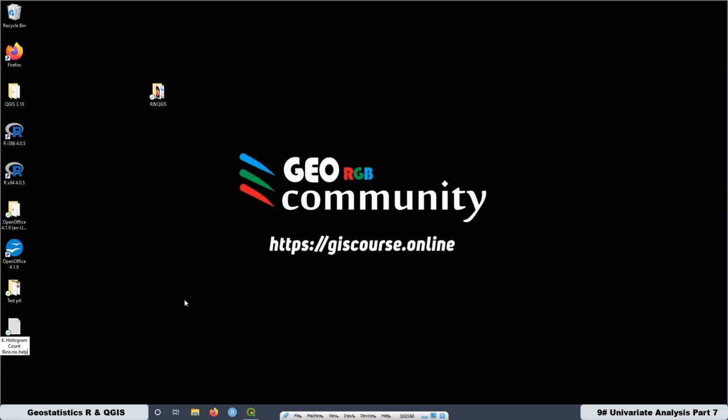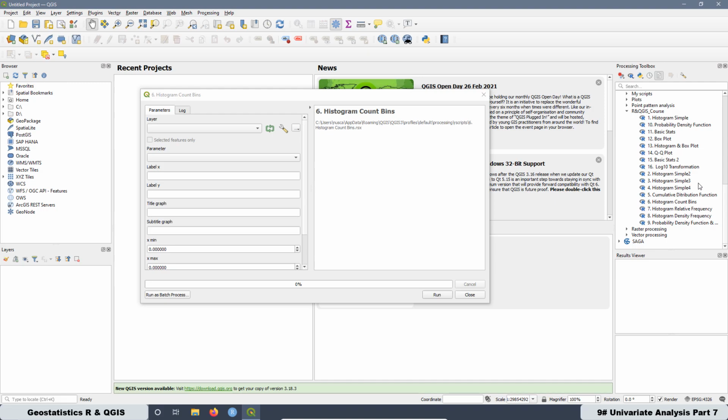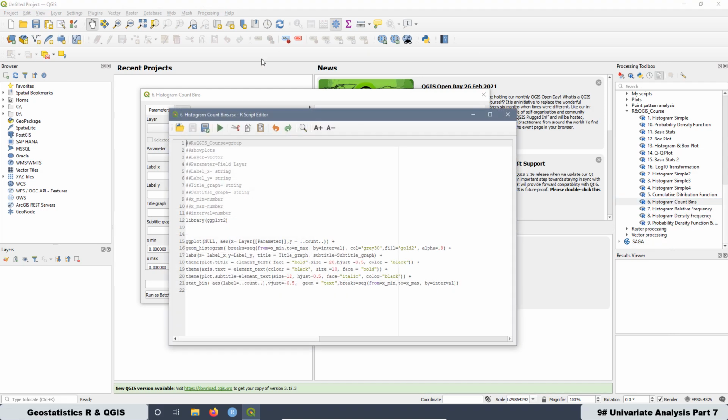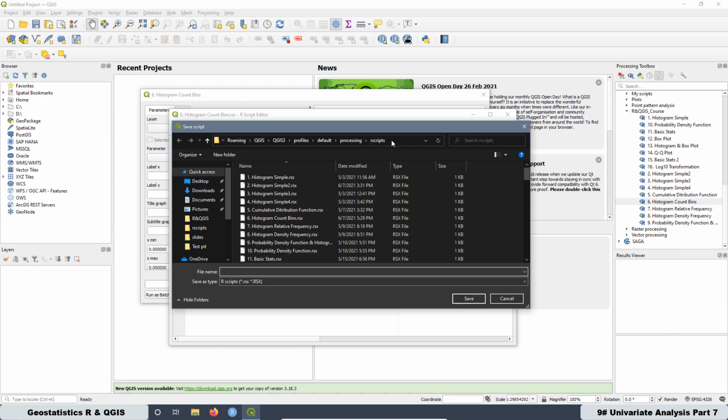Now let's see where we want to save this file. Then go to QGIS again, go to the plugin, go to the script. The script is number 6, then click right, edit the script, and then press this option here, save as. Then here we are going to have the folder where all the scripts are saved. Then copy the link,